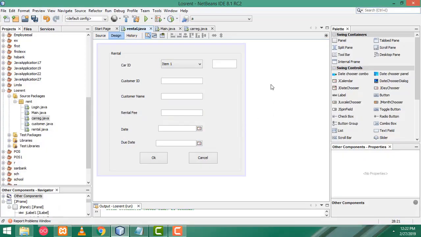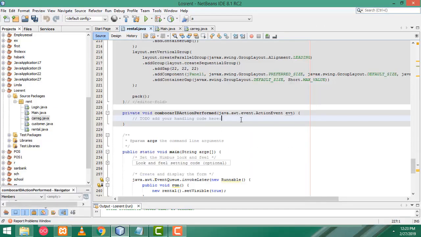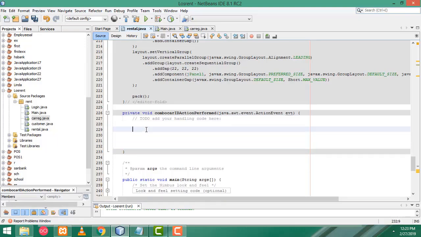now I'm going to check the validate part. So this is a combo box where we select the car number. If the car is available, the message displays yes, otherwise the message displays no. So let's do the validation part. Double click on this one. Here we have to write this one as